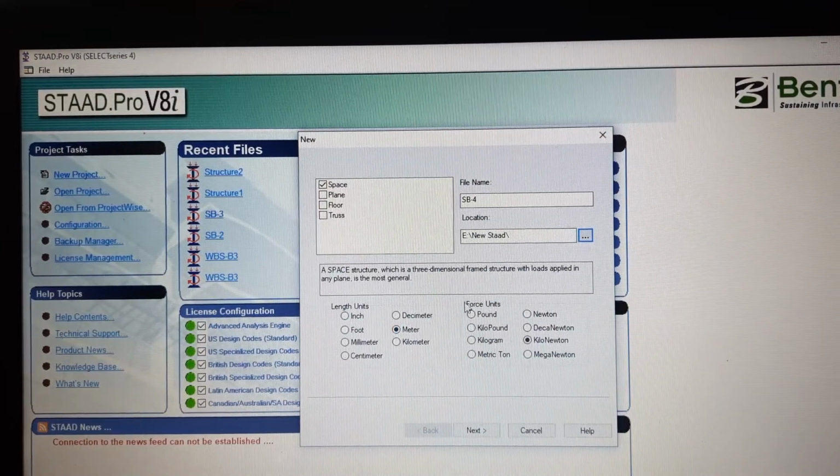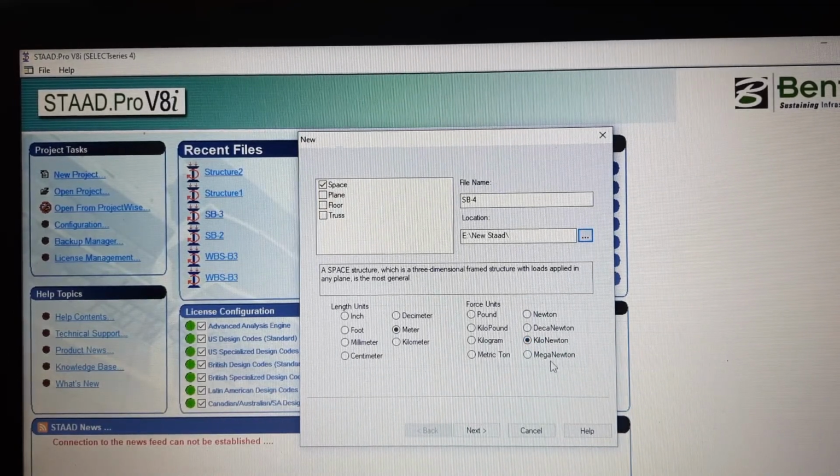Similarly, to apply force, what you want to do is to model a structure and apply a load on it, and want to get the result, the support reaction, the moment induced in it, and design it. So the second most important thing is to specify the unit in which you want to specify the force on the structure. So you have to specify the force unit. You can specify force unit in pound, kilopound, kilogram, metric ton, newton, decanewton, kilonewton, meganewton. By default for SI unit it has been selected as kilonewton. So we are not going to change this. We will model our structure in meter and kilonewton format.